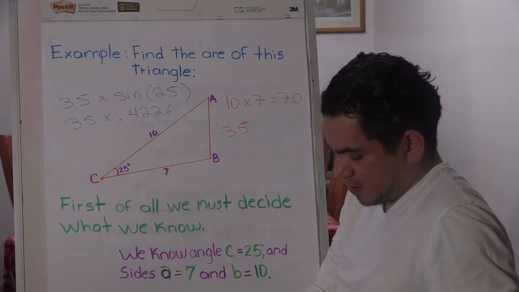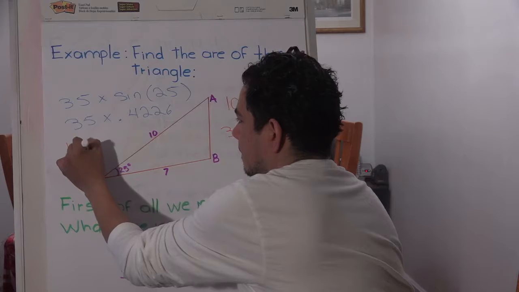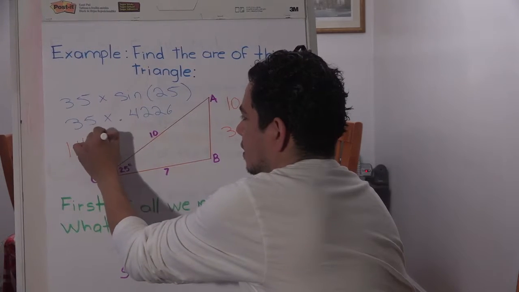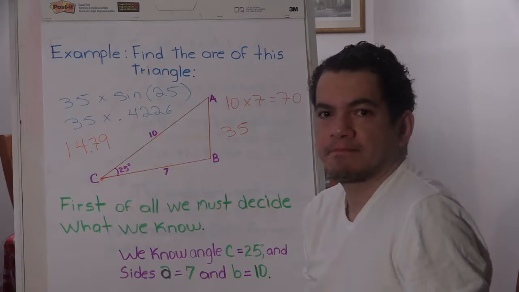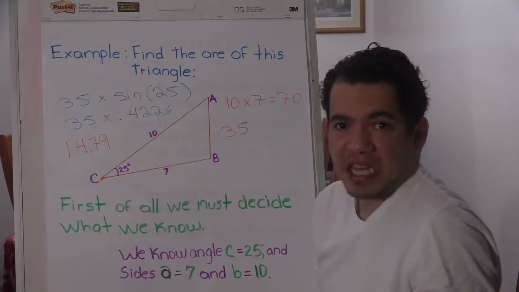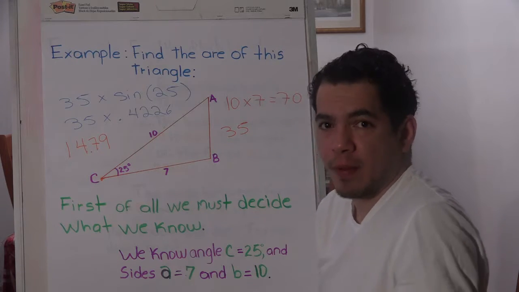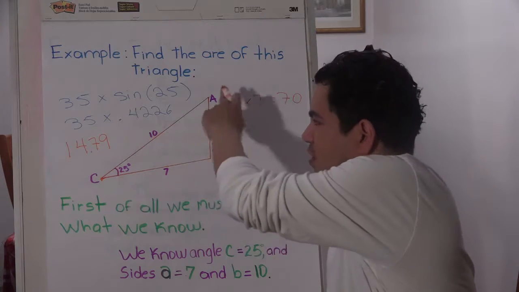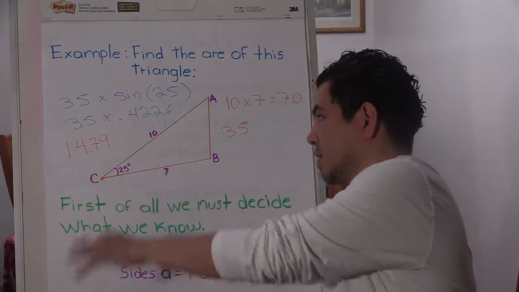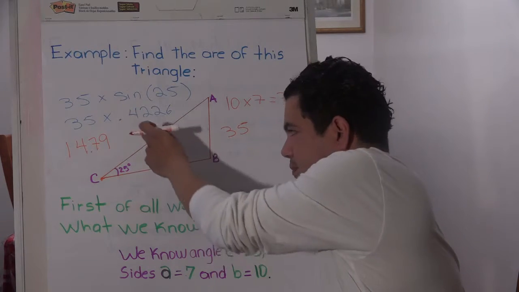I get 14.79. And that's it. If this were inches, centimeters, whatever, that's what it is. So remember, to find the area of a non-right triangle, get the product of the two sides